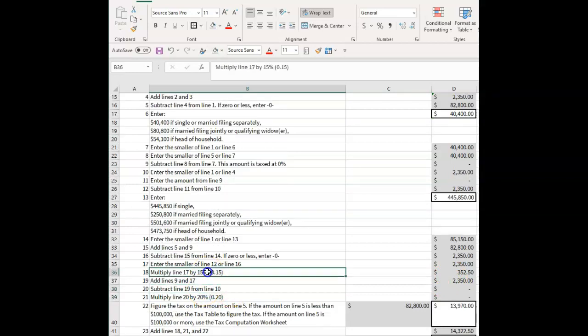Now we get to finally do a little bit of multiplication. We're going to multiply D35 times 15%. D35 is line 17, so I'm multiplying line 17 by 15%. I said 35%, but it's 15%. Line 17 by 15%. And then I'm going to add line 9 and 17. So you got line 9, which is D23, and 17, which is D35. So D23 plus D35 is,